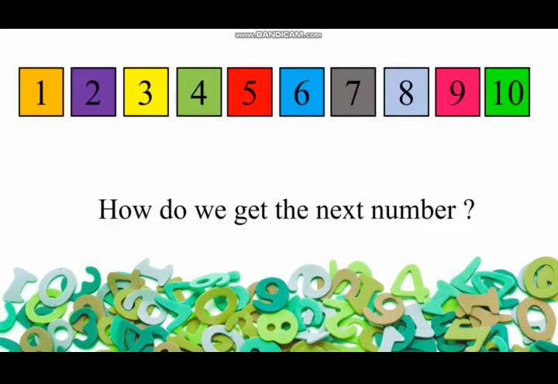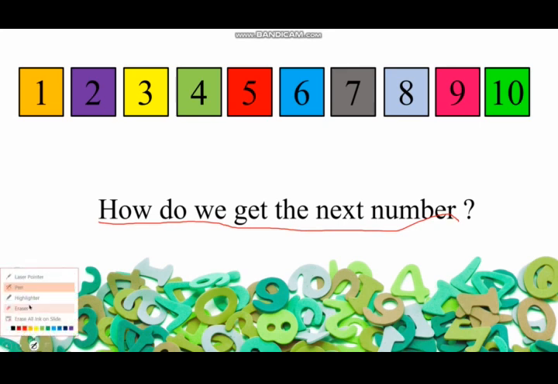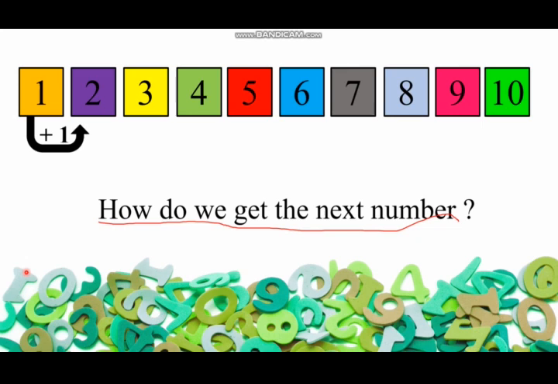Yes, so this was our question, that how do we get the next number? है ना? अभी हमने देखा that 4 plus 1 is also 5 and 5 comes after 4. So, in order to get the next number, you add 1. So, 1 plus 1 is 2. 2 plus 1 is 3. 3 plus 1 is 4. 4 plus 1 is 5.